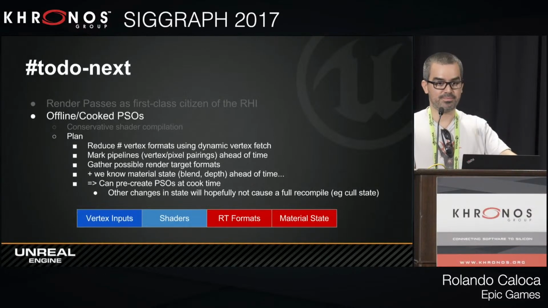And then the rest of the PSOs that we don't know the information of, we think we'll know like 90–95% of all the used PSOs at runtime. So only things like the cull state, we're hoping that with the pipeline cache, it won't cause huge stalls creating the PSO. And the PSOs are created asynchronously also.